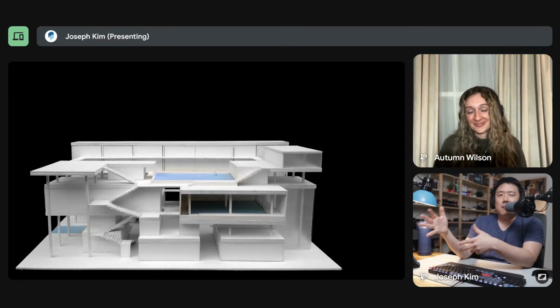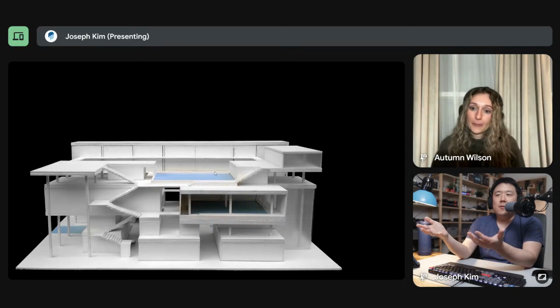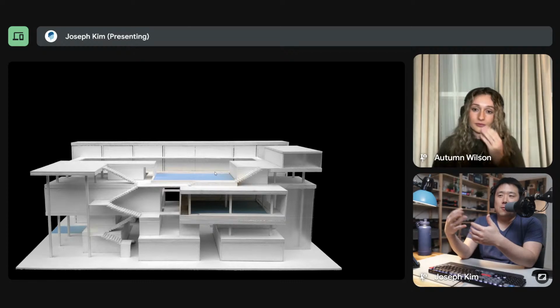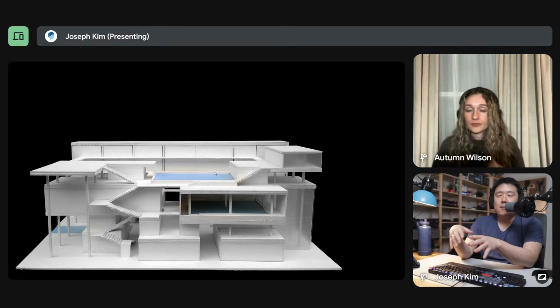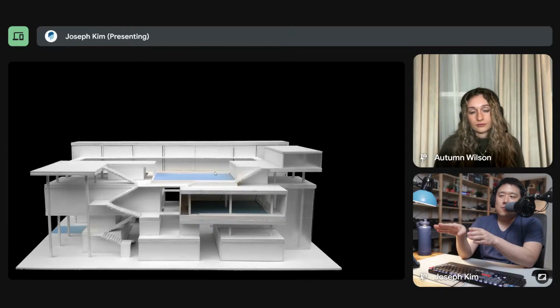Make it out of the yellow cardboard because it's cheaper. But then the final model will be what we call the museum board, which is these white boards that are a lot easier in terms of coloring if you decide to do so. And I believe many portions of this model were actually laser cut, so it will actually